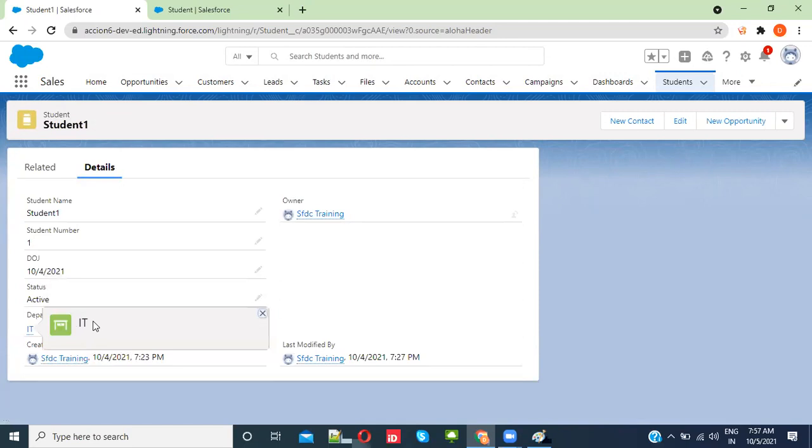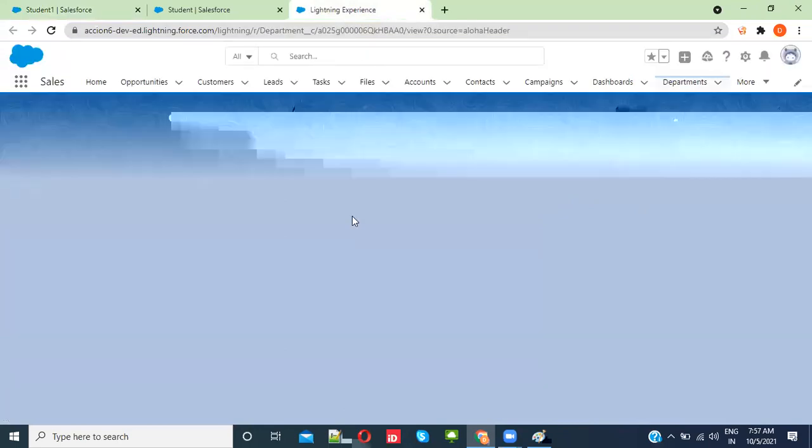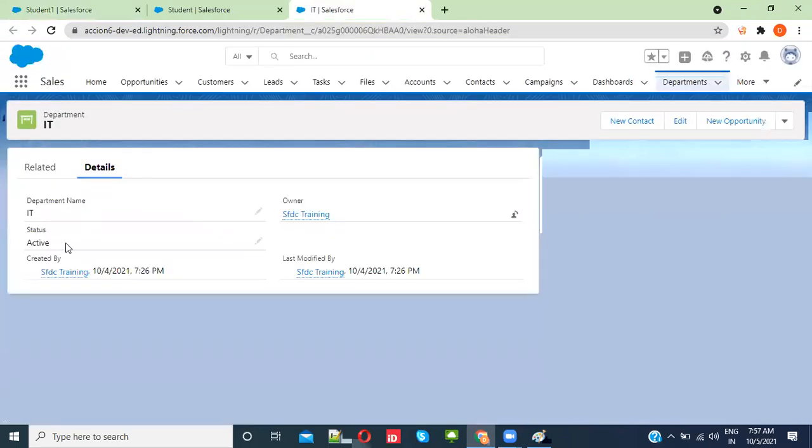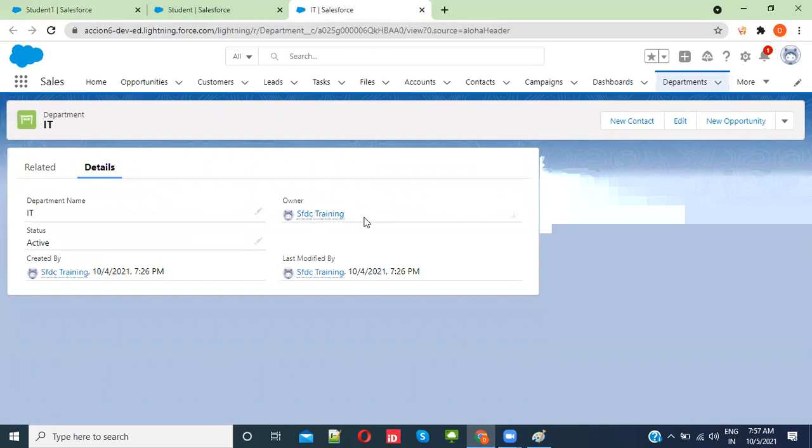You can configure this later. And if you want to see that information, you can click on this. This will open in a tab, and you will be able to see the department information. You can give the department number and others. Everything can be displayed here as separate detail values.